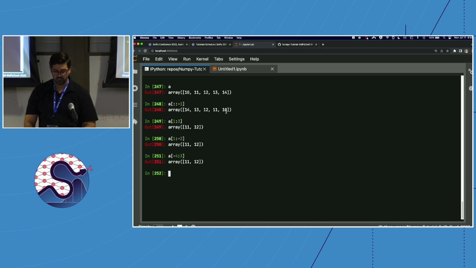I could say -4 to 3 as well. -1, -2, -3, -4, up to 3, up to but not including. Now a positive step tells us that we're always going to count in our original array from left to right. A positive integer as our step is always going to tell us that we're counting from left to right in our original array data. So if I said from -3 to